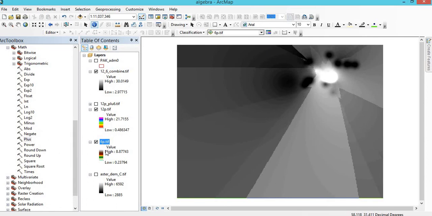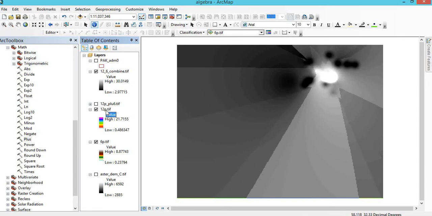For example, every pixel of 6p is added to the corresponding pixel at the same location of 12p. So you can assume that these two images are overlapped and each pixel is added to its corresponding pixel.